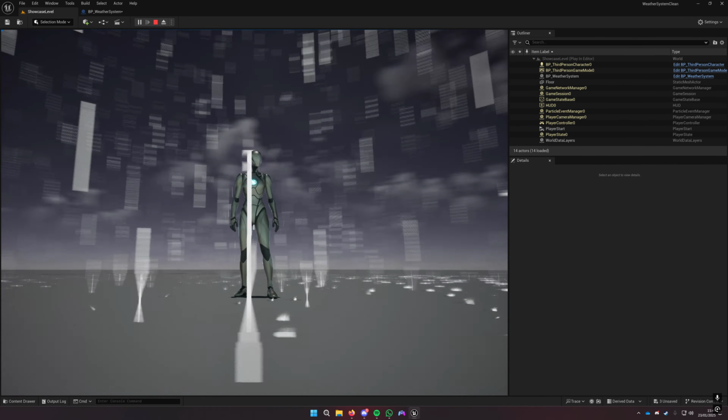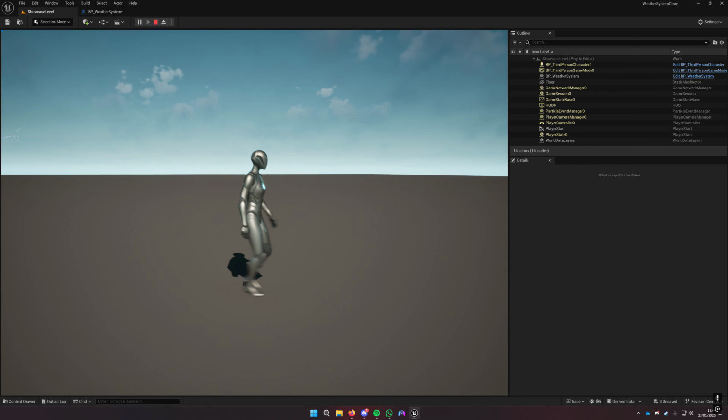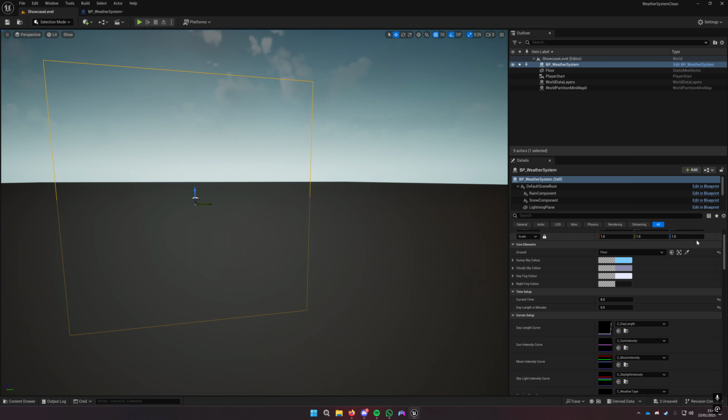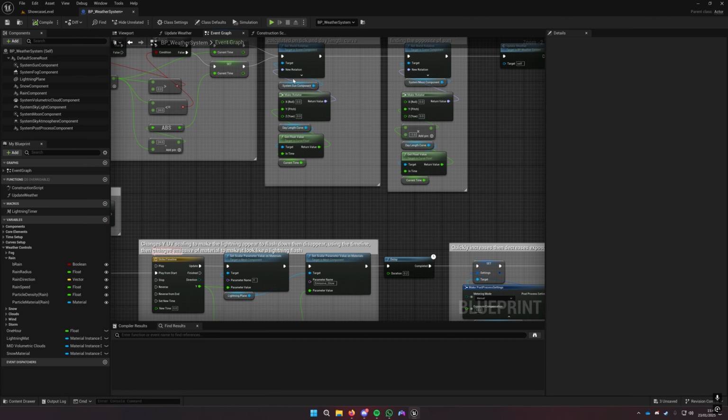I don't have rain making the accumulation melt faster, however it does eventually melt. That sort of weather interaction was sort of out of the scope of this project, but as for the blueprint itself,